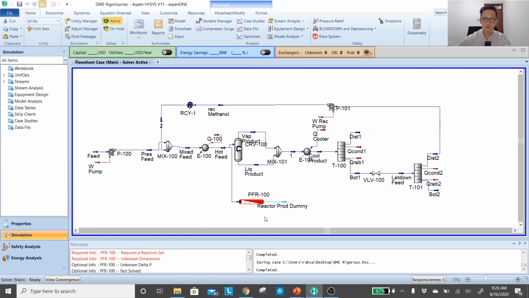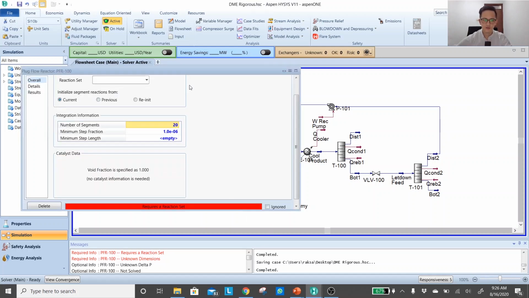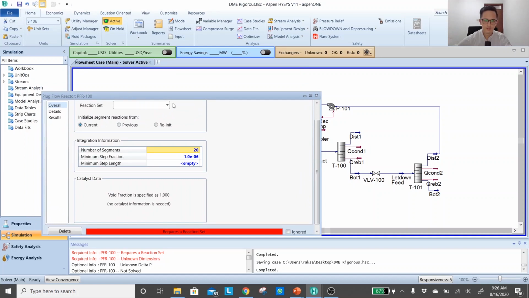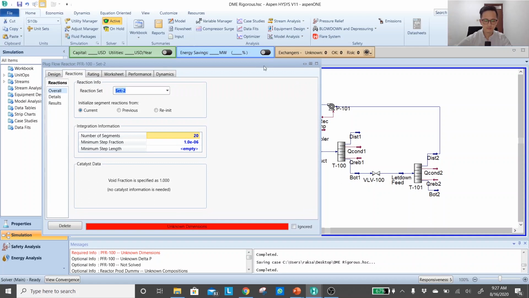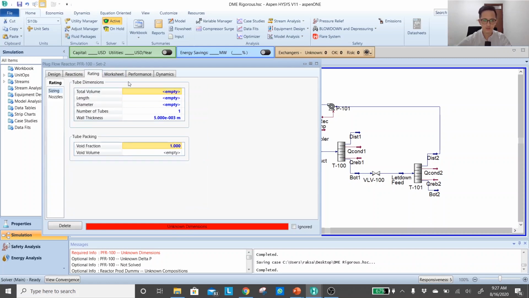So I'll go with the PFR, the reaction set. Now I can choose the set 2, which is the kinetic expression, the power law expression. Once we do that, the status changes from unknown reaction to unknown dimension. So we go to the rating.